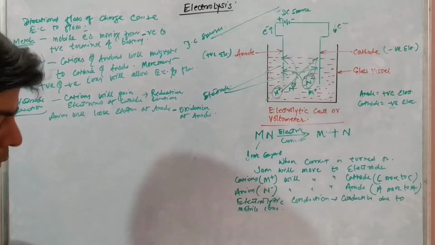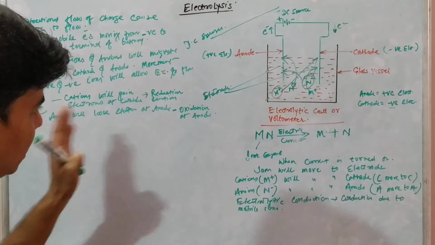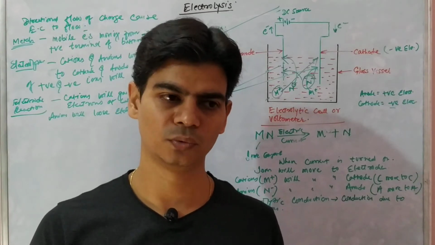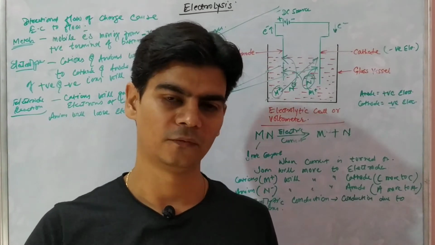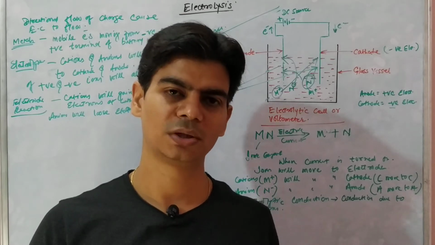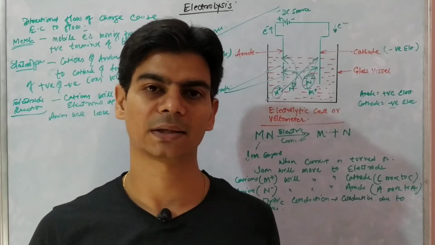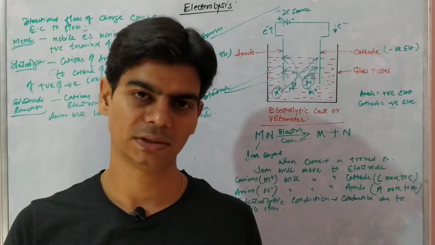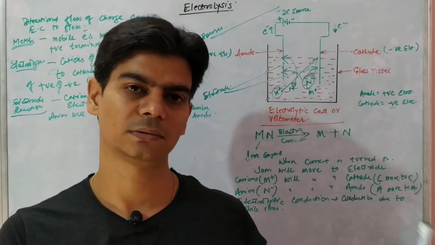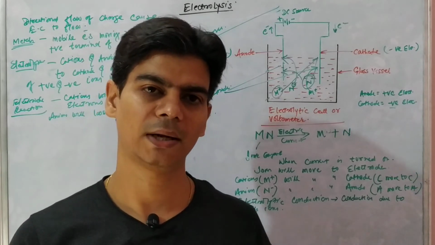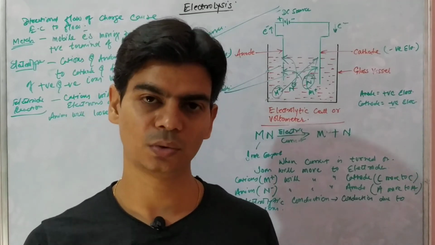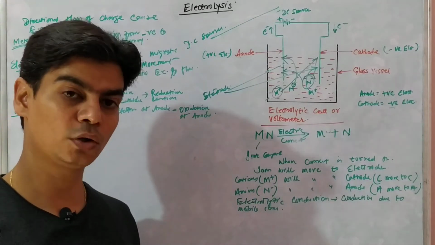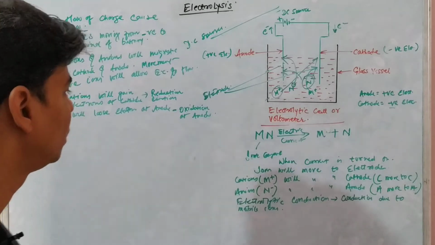So this is important till this point, because in whatever electrolytic process we would be doing in future of different electrovalent compounds, the most important part is electrode reactions, right? In the exams they will ask you what are the reactions occurring at cathode and anode, right? You need to write the reaction then, showing the loss of electrons, gain of electrons, and what product is formed at cathode and anode.